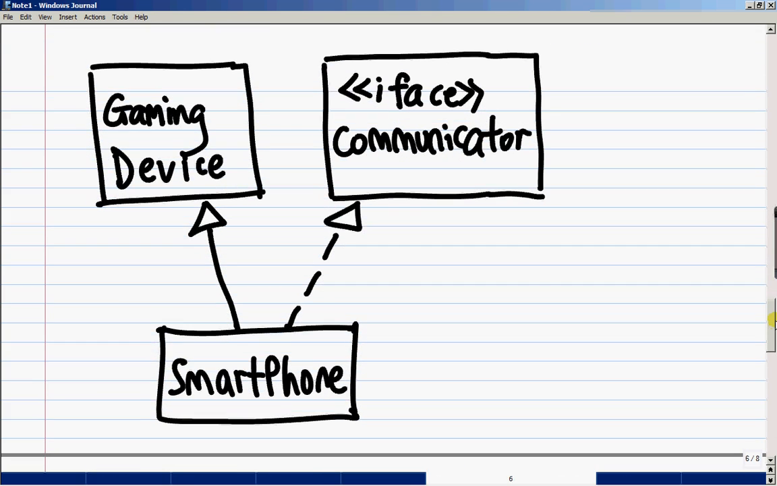Now let me extend the communicator example. I will show you another class called gaming device. So this is a normal concrete class. We have written the communicator interface just now. I'm going to write a new class called smartphone. So unlike the cell phone, you can use a smartphone for playing games. So a smartphone will extend gaming device and implement the communicator interface. Let's take a look